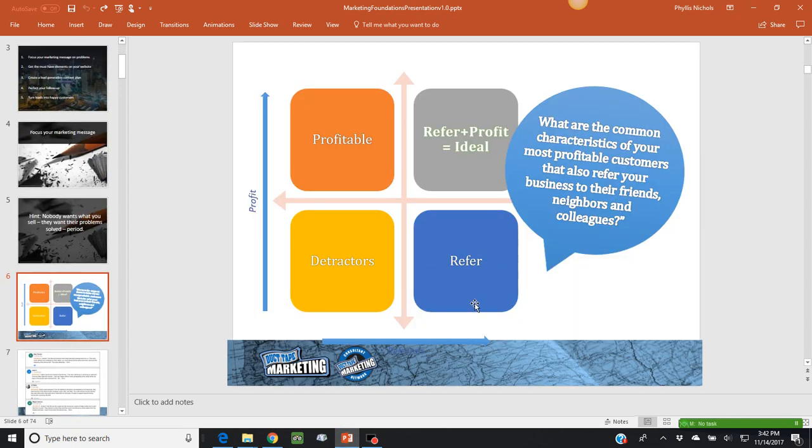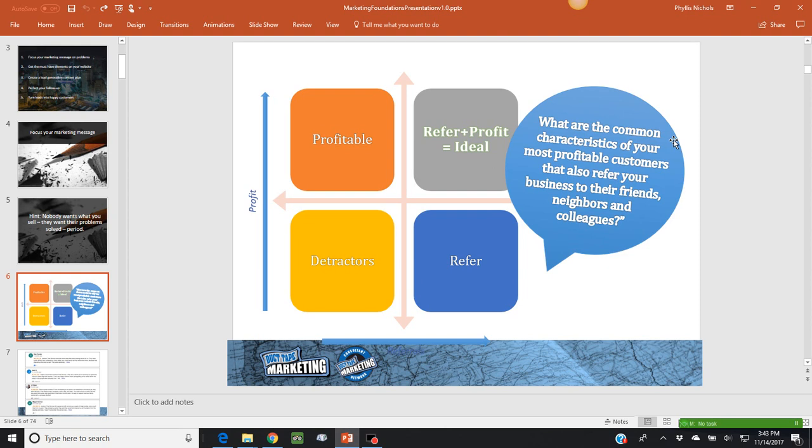So ideally, in this spectrum here, we've got profitable. We obviously want clients that are more profitable versus less. And we want clients who are going to be likely to refer us to other people who know other maybe like-minded people. If we do a good job for them, and they know other people in similar industries or other people who would work well with us, we want to know about that. So once you've evaluated your client base on the form that we were just showing you, we really want to find people that show up in this sweet spot up here, right? They're the most profitable clients. They're also the clients who are most likely to refer business to us.